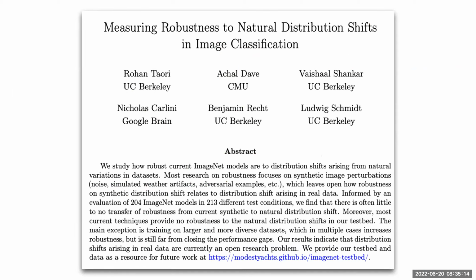And as you said, it took a lot of time to aggregate all of these models and distribution shifts. We first built a little bit of infrastructure to make it easy, like setting up an actual database and so on. But all of these evaluations are out there, the test bed is out there, and Rohan put a lot of effort into making it really easy to plug in more things. So if you want to plug in more models and run them on these 200 distribution shifts, go for it. And we are happy to help you. If you want to check this out, you go to robustness.imagenetv2.org.